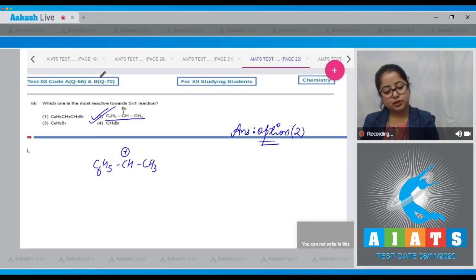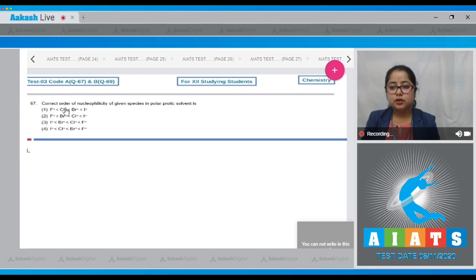Moving to next question, which is 67. Let's read the question. The correct order of nucleophilicity of given species in polar protic solvent is. Students, for this question we need to know that in polar protic solvent the anions are hydrated. As a result, the order of nucleophilicity becomes